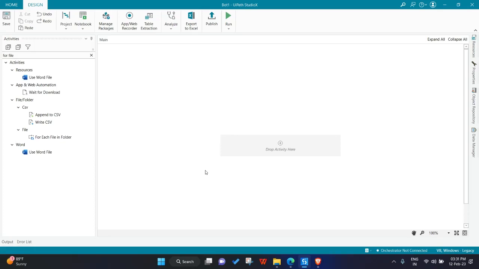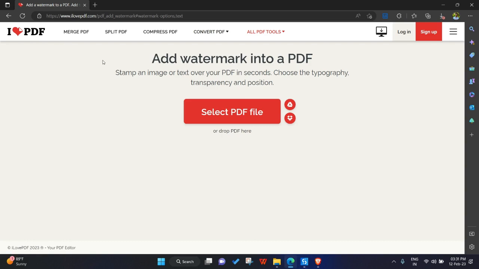Today I would like to showcase my first bot. This is actually a PDF watermark adder bot. This bot helps to add watermarks to PDFs automatically, and this also reduces time taken. And I'll be using an online website tool to add a watermark into a